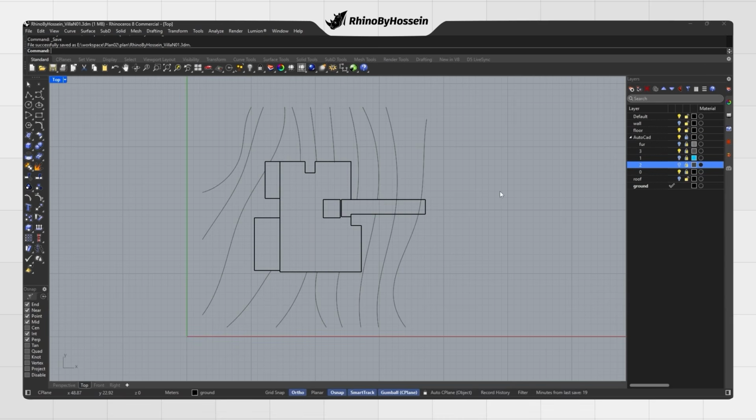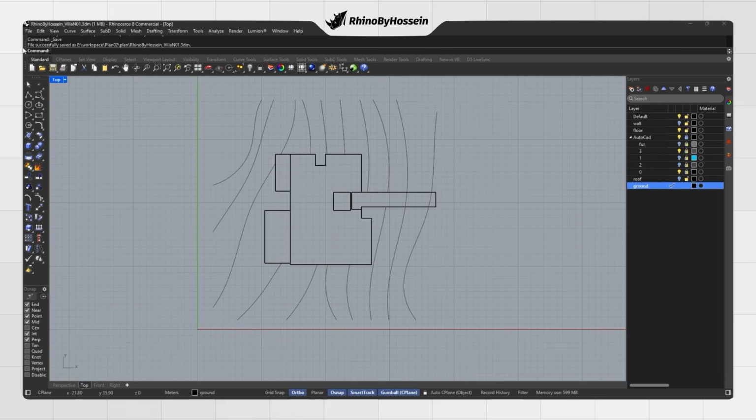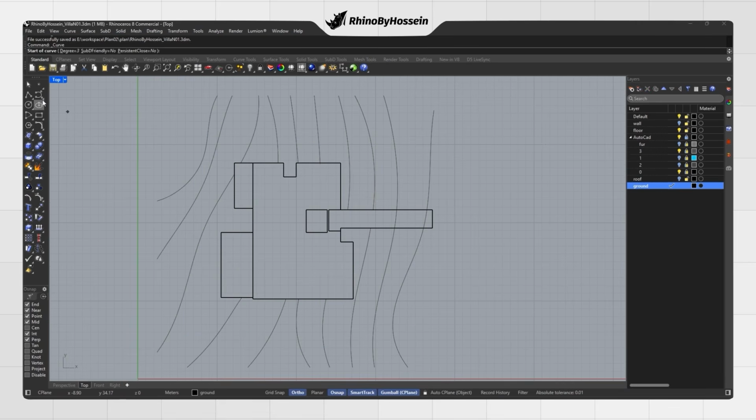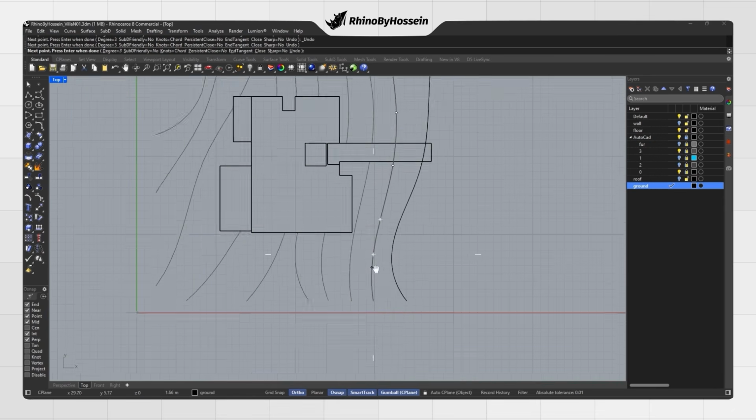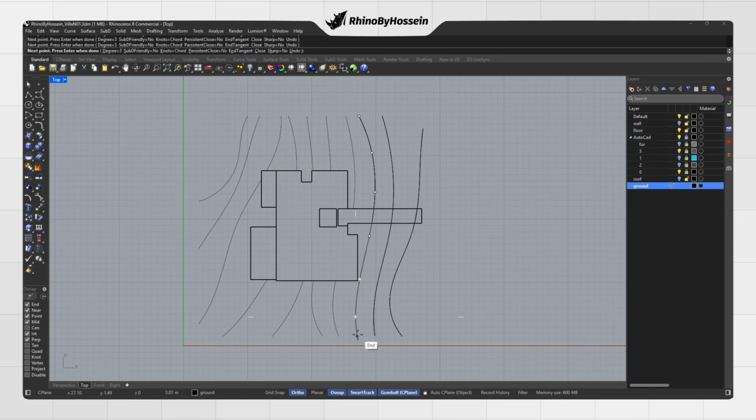Now, using these contour lines, I start recreating the full set of terrain curves. For this, I use the interpolate curve command, because this command gives us smoother and more natural curves, which is usually a better choice for terrain modeling. I draw the curves one by one,